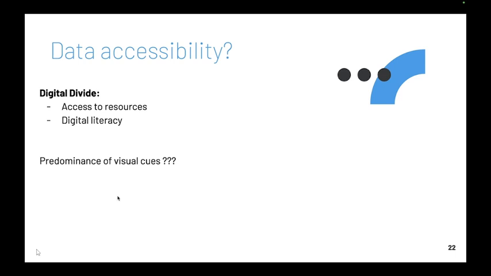So Haiti, I'm sure Kenya also has struggles regarding digital literacy and digital access to technology. And this is called a digital divide. So the digital divide basically has two layers. You have people who don't have access to resources, by resources meaning people who don't own a smartphone. That's our first